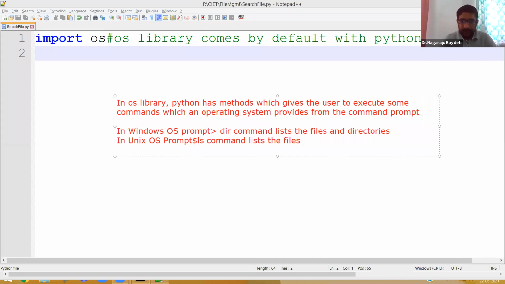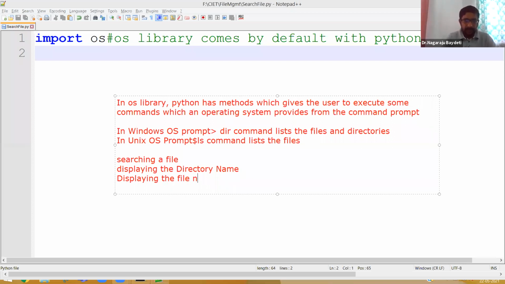So those kinds of commands, like searching a file, displaying the directory name, displaying the file name, etc., can be done by importing the module OS.